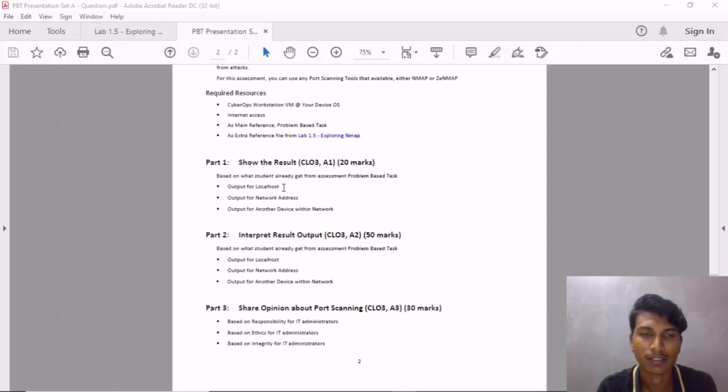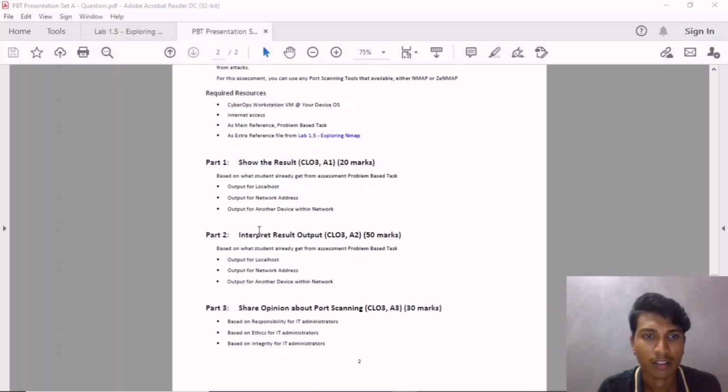I already saved them in text files. The outputs from the local host, network address, and other device within the network are saved in